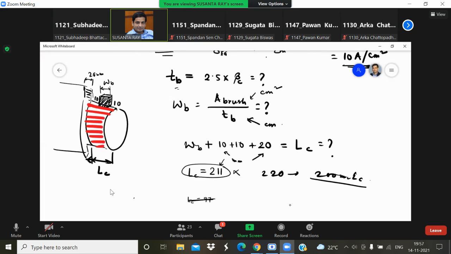That has to be done in the calculation. So there will be two losses, one is called the core loss, another is the copper loss. The copper loss you can calculate by the current I square R. The resistance you have calculated, I think, for the armature winding and field winding, isn't it? Only the thing you have to calculate is the I square R. So this is how we can calculate the copper loss, and the field loss you can calculate by multiplying the voltage drop and the current.